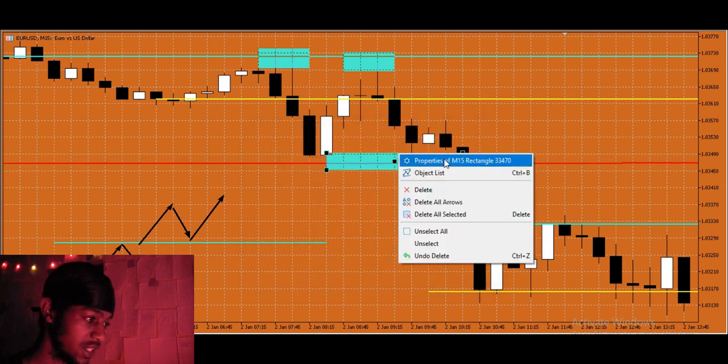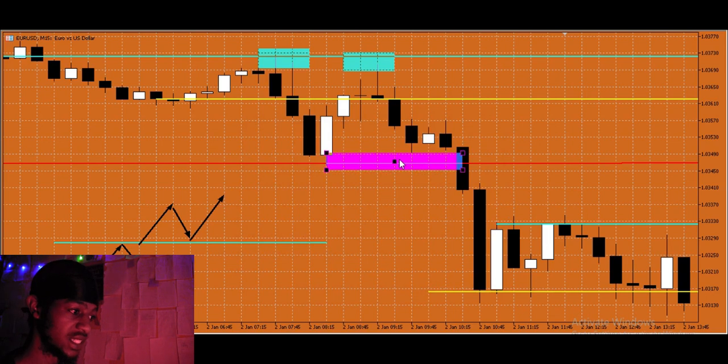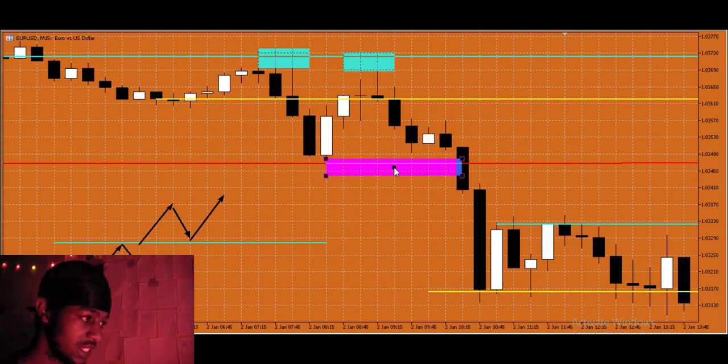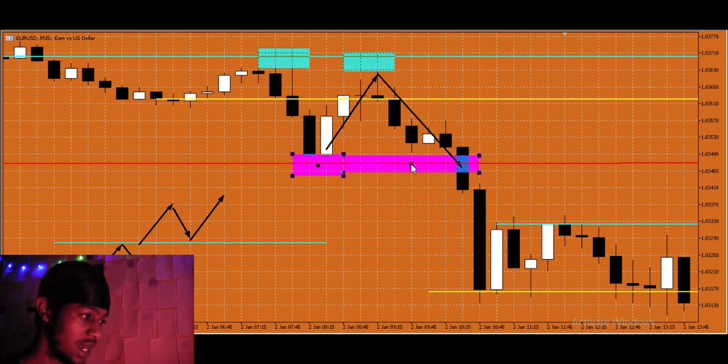I'll just change the color of that too. Okay, just that. So liquidity which hasn't been taken out as of yet. To be more specific, this section over here that was created after this low was presented, raw liquidity was available as the price was going up, and as price went up, you would expect raw liquidity to be taken out, and after raw liquidity is taken out, from there we would now have